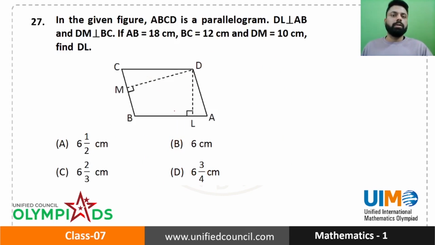In the given figure, ABCD is a parallelogram. DL is perpendicular to AB. DM is perpendicular to BC. AB is 18. BC is 12. DM is 10. Then DL. So see,